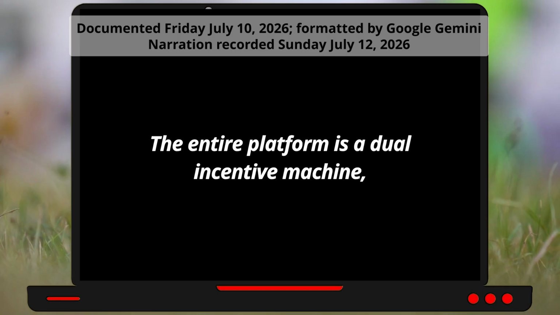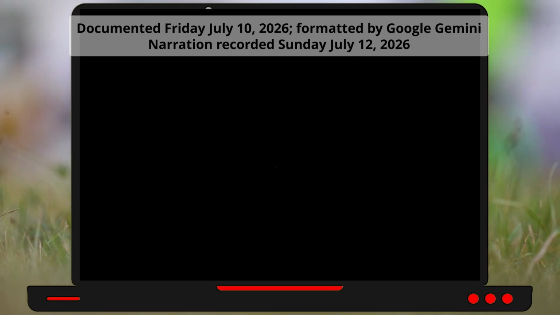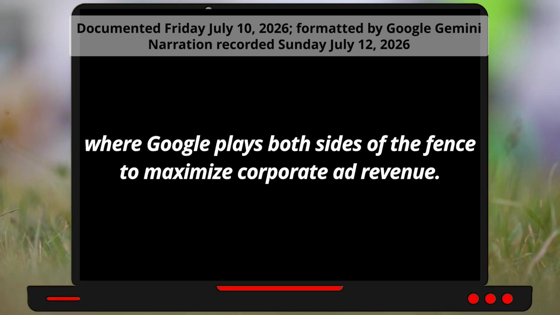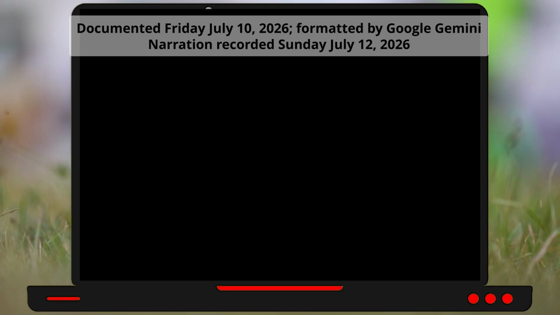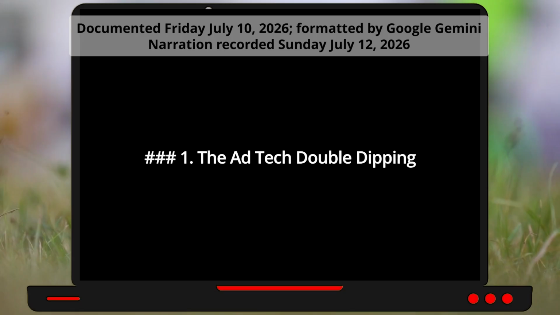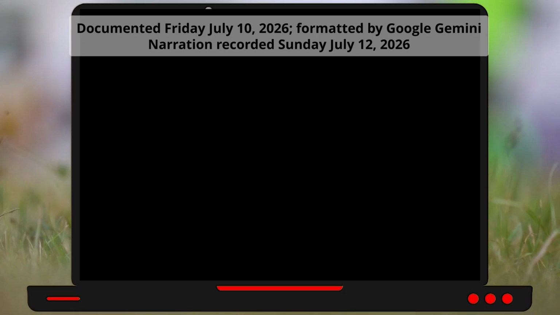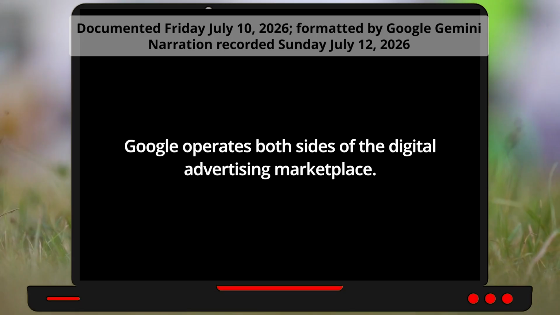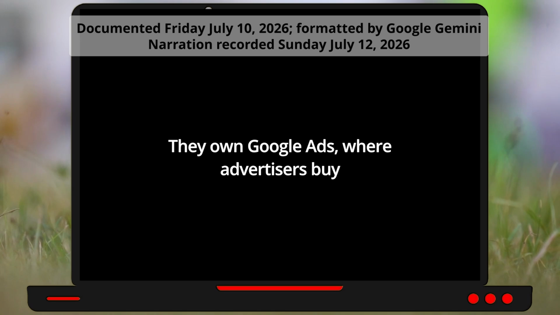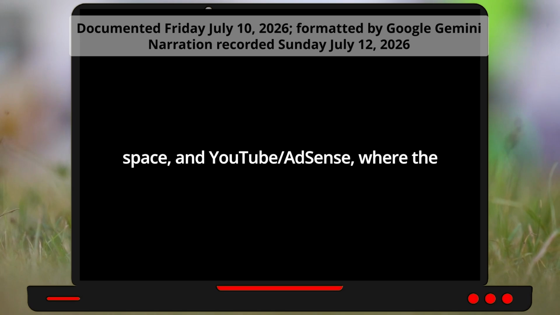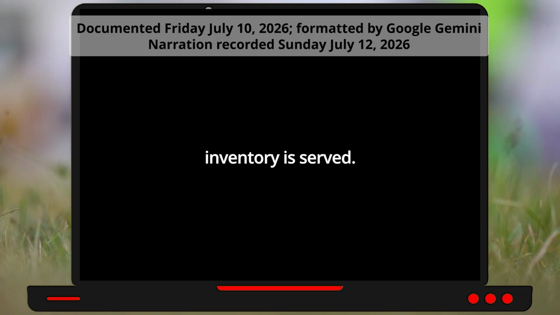The entire platform is a dual incentive machine where Google plays both sides of the fence to maximize corporate ad revenue. 1. The ad tech double dipping. Google operates both sides of the digital advertising marketplace. They own Google Ads, where advertisers buy space, and YouTube/AdSense, where the inventory is served.